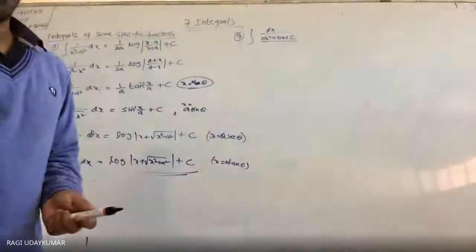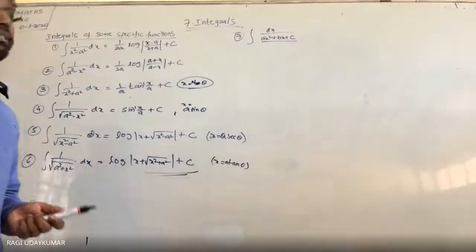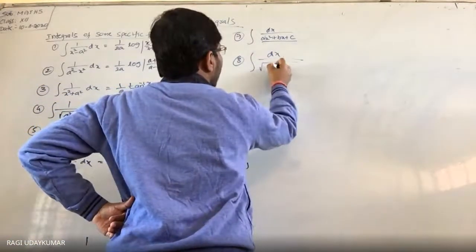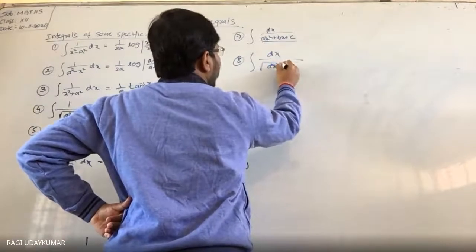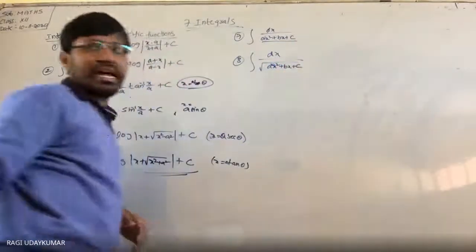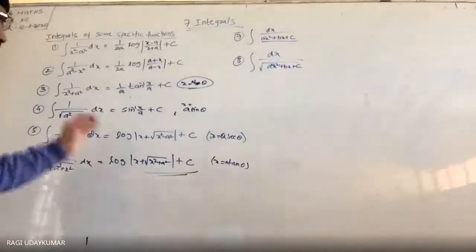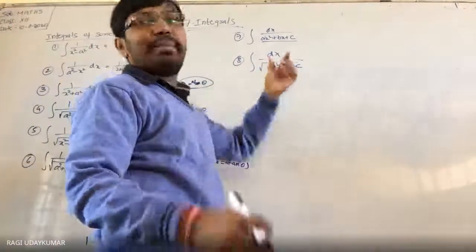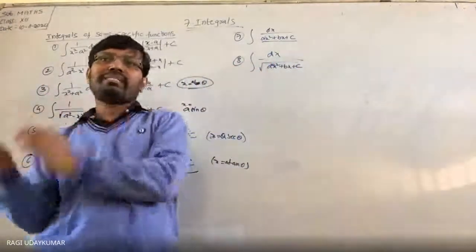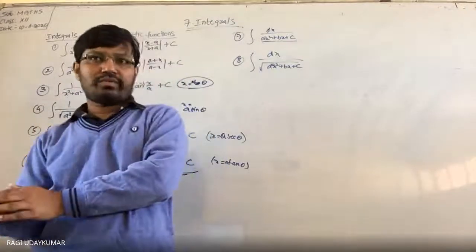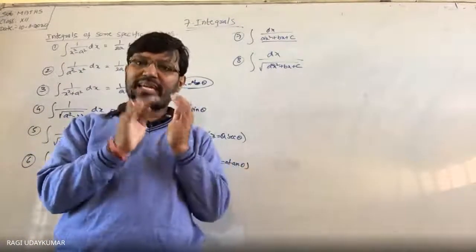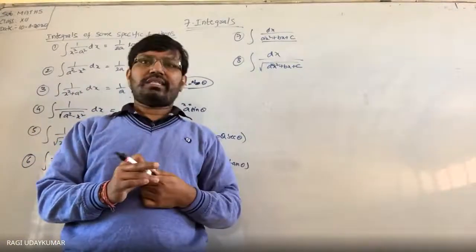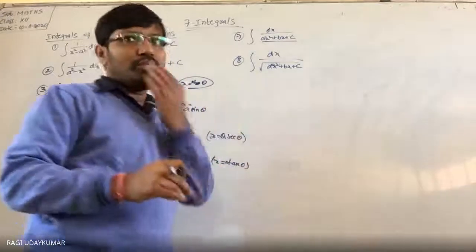This is one model, and if you are having an under root, same thing: dx by under root of ax square plus bx plus c, a quadratic expression under root. So under root, in one of these three forms, same model, you have to take it by the completing square method. Something square plus or minus something square, some constant square, where something is nothing but x minus 2a or x plus 3a, like that you are going to get. So this is another form, the eighth model you are going to have.